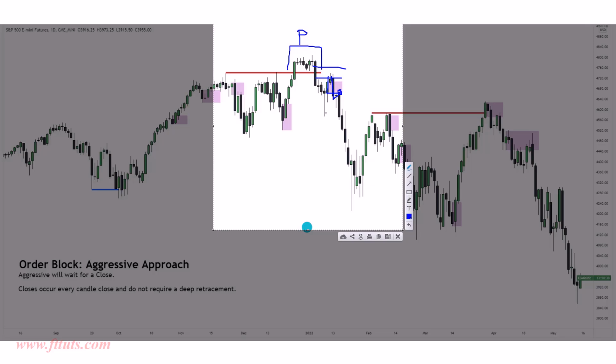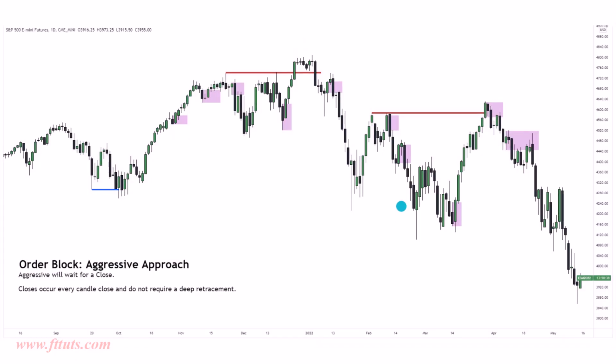There's no need to wait for a retracement. Okay, no need for deep retracement. As soon as the candle, for instance here, closes below the order block, you can see how this just quickly taps into this low here, then has a displacement. Same thing here. Up candle gets closed below. Up candle gets closed below here. Quickly retests that level, then displacement. Down candle, close above. Quickly test that order block